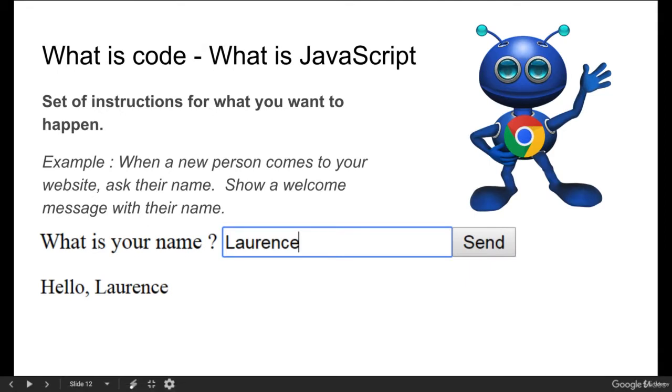So what is programming and what is code all about? Code really is a set of instructions. It tells the computer or the browser what you want it to do. So that's a simple explanation of what code is. And then the code renders out and helps deliver what the developer or the programmer wanted the interaction to take